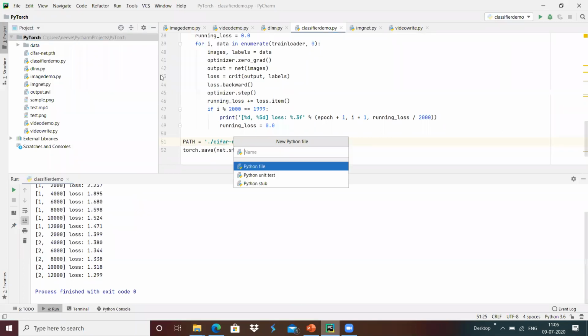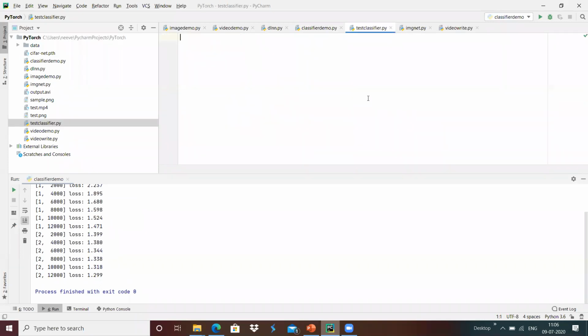I'm going to create a new file called test classifier.py over here.